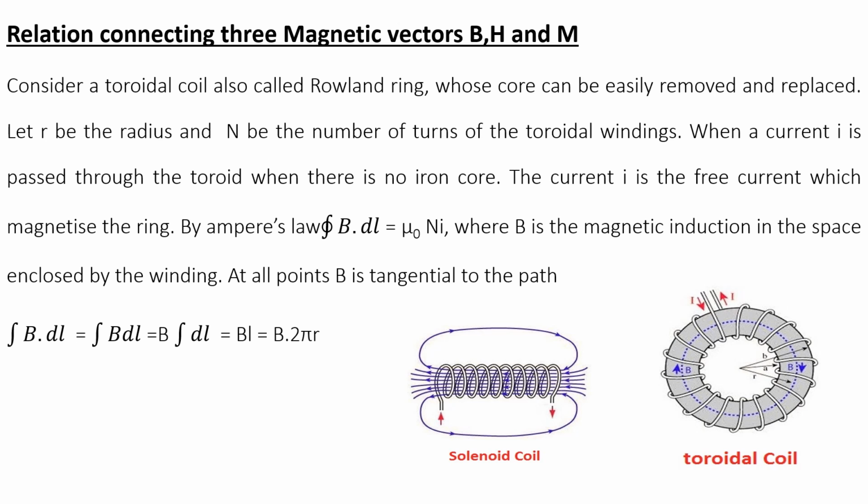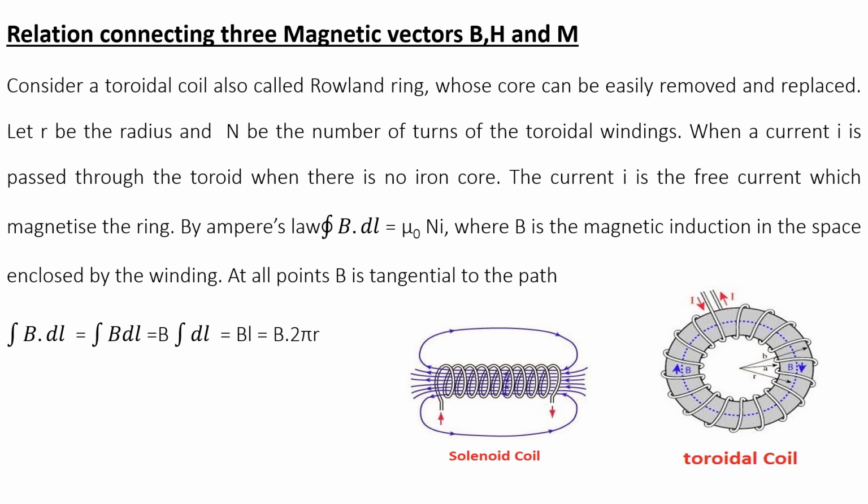Dear students, in the last class we have studied about the three magnetic vectors B, H and M, and now we are starting the relation connecting the three magnetic vectors B, H and M. B is the magnetic induction vector, H is the magnetic field intensity vector, and M is the magnetization